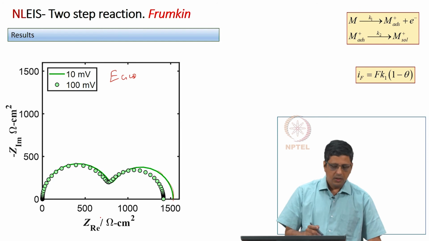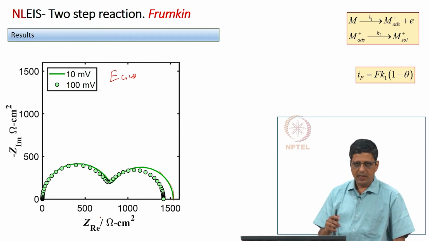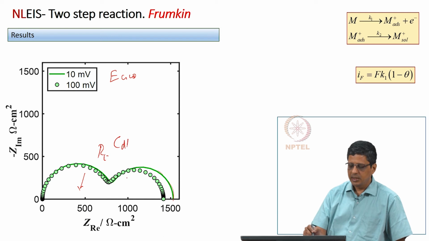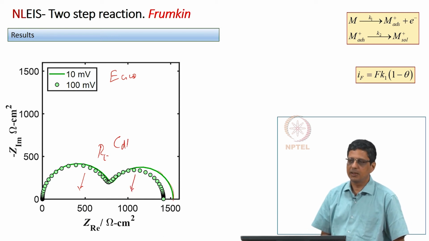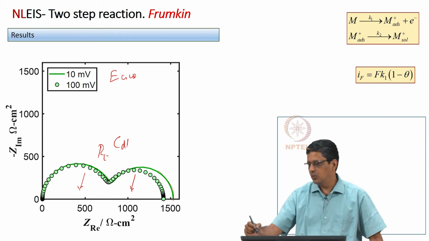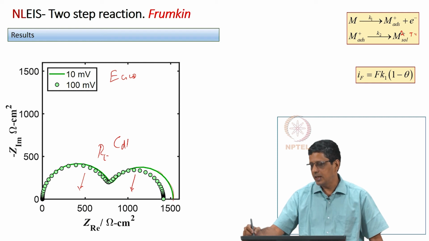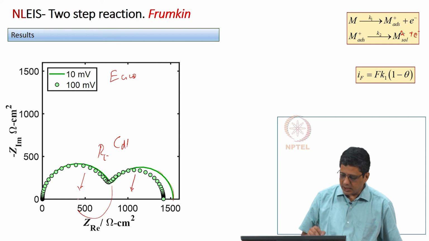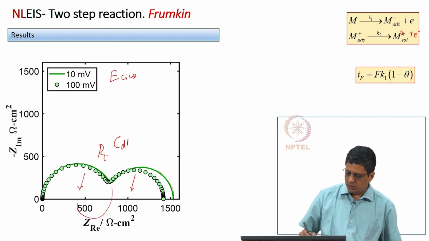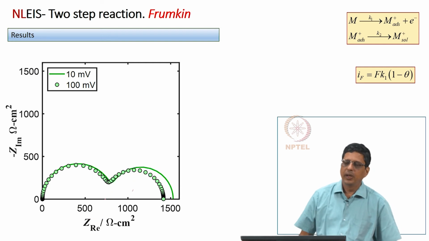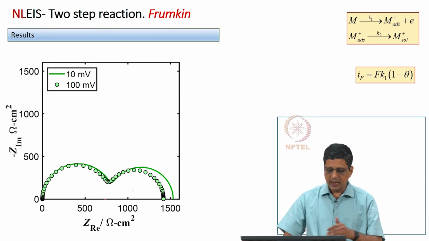Okay. For the given set of parameters, with one adsorbed intermediate, it gives you two capacitive loops. One capacitive loop is coming from charge transfer resistance and double layer capacitance. The second capacitive loop comes from the Faradaic process, and of course, if I give a two step reaction, for example, with 2 plus solution plus another electron. Depending on the parameter values, I can also get an inductive loop.